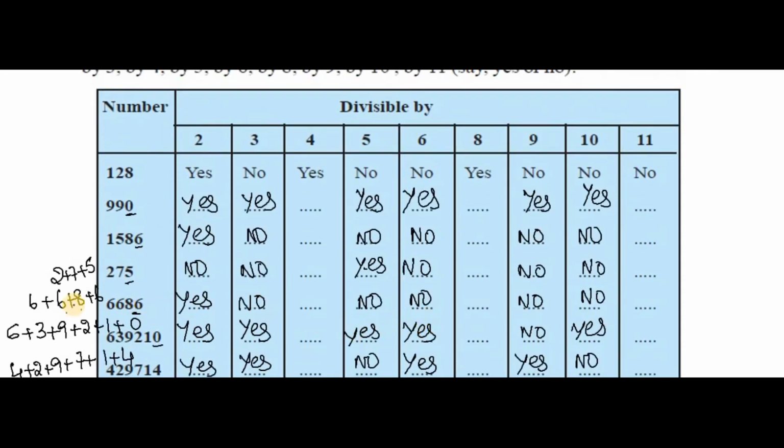Okay, now what is the divisibility rule of 4? The last two digits should be a multiple of 4, or divisible by 4. Now we will check this. Coming to this question, 990, the last two digits 90. We will just copy the questions and check them. In the 4 table, 4 twos are 8, then 10. 10 will not come in the 4 table. So this is not divisible by 4.